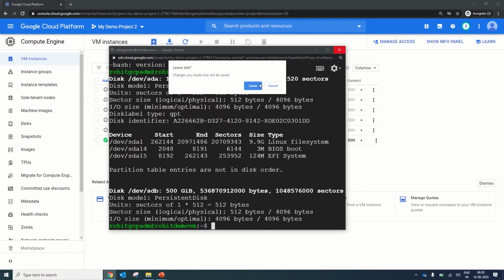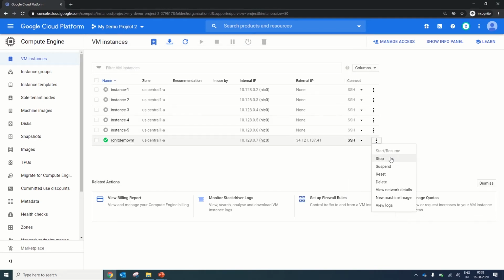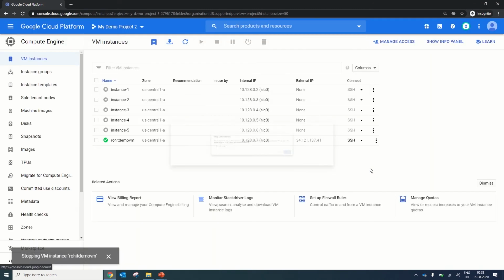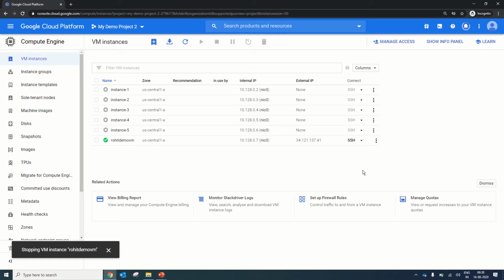You can close this session, and for other operations like stop this VM, suspend this VM, reset or delete, you can perform these actions from here. So for now, we will stop this machine because we don't want to consume the resources that can incur cost to our demo project. So this machine is going down, you can see, and it will gray out once shutdown is completed. Once it's stopped, you will see that the external IP will also be deallocated. It will not be enabled. And when you restart your machine again, this IP will be a different one. You can see it's grayed out and your instance is stopped.